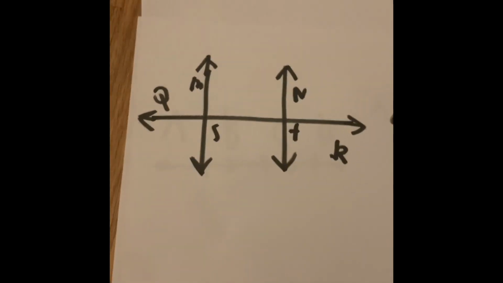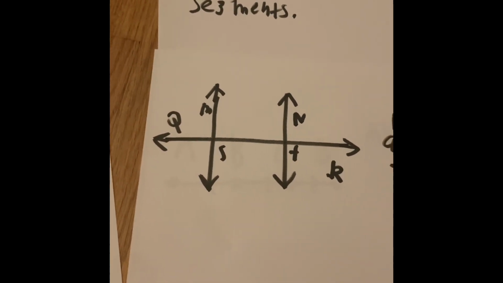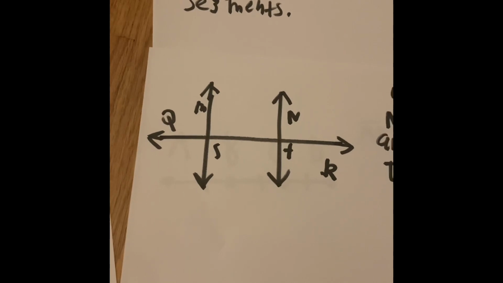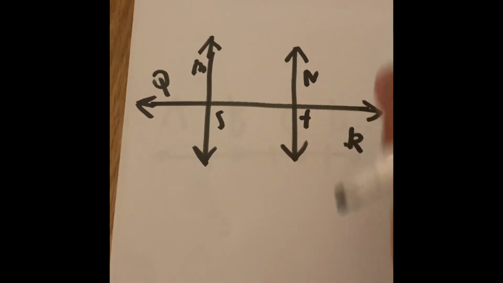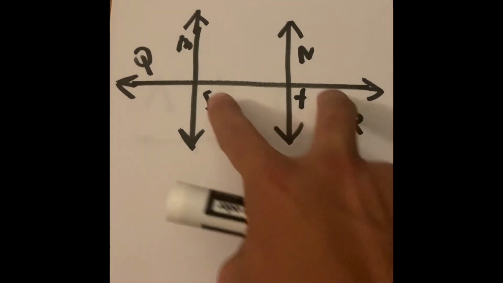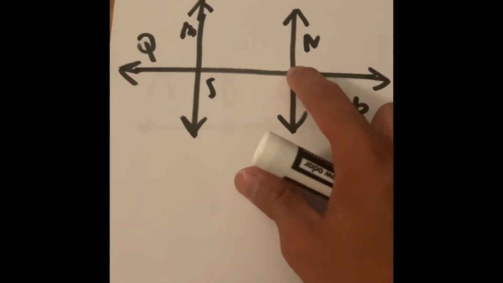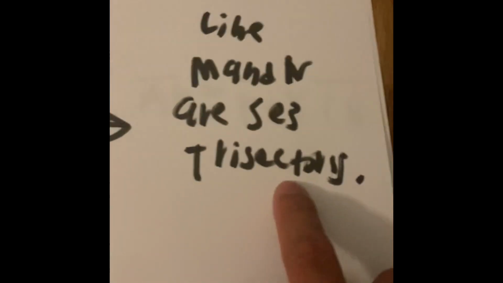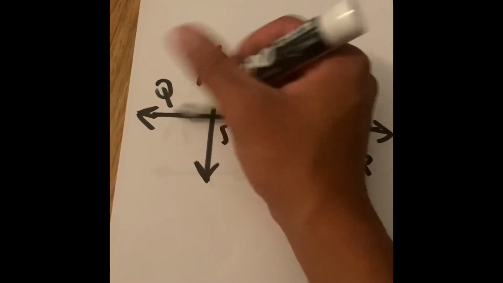Well, we can see that segment Q is horizontally touching line M and line N. Therefore, we can say that even though M and N are trisecting segment Q, it also means that there's point S right here and point T. And since it was given to us in the problem, we can directly say that we have